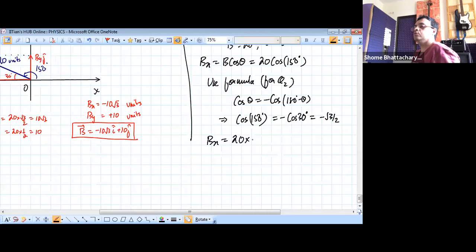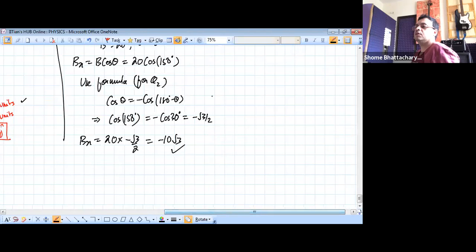Becomes 20 into minus root 3 by 2. So it becomes minus 10. This is the same that you got here. And using the similar formula,